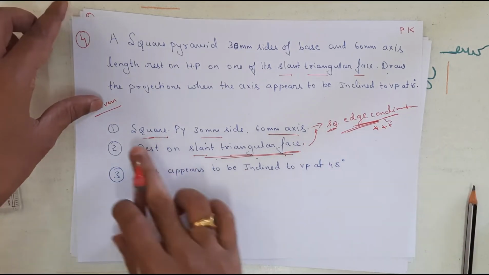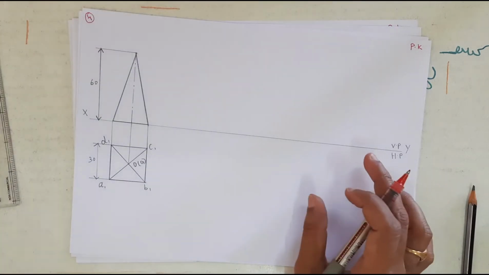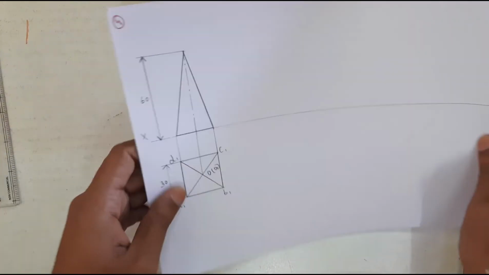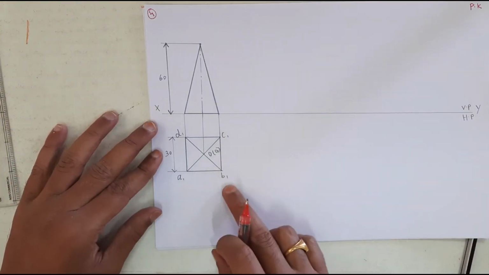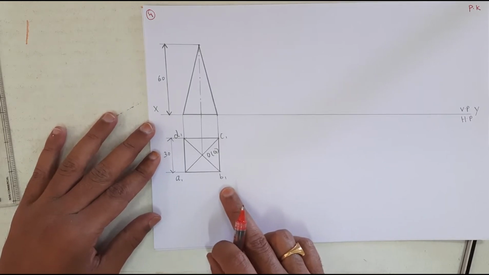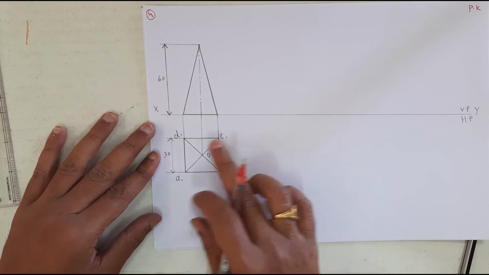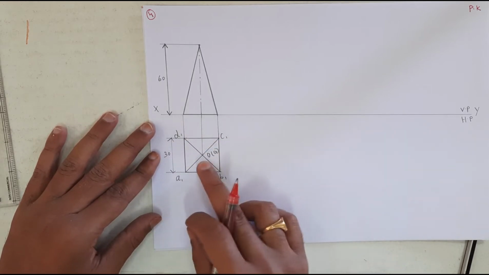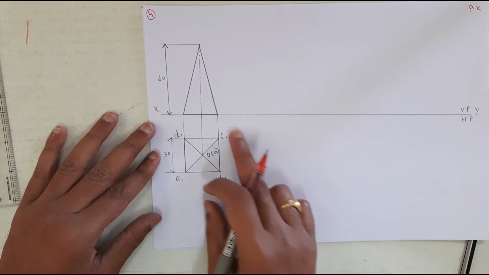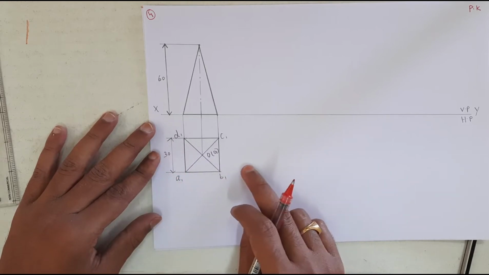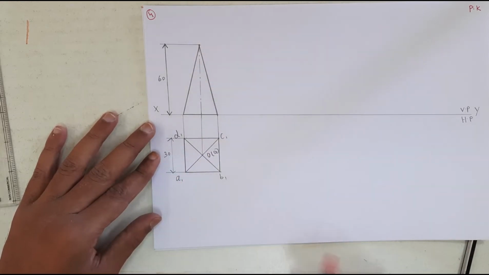Okay. So now I am going to draw the first step. See what I have done? I have drawn a square in which condition? Edge condition. Okay. See what corners we have: A1, B1, C1, D1 are the bottom face corners and O is the apex. Right. So here all the corners are visible. I have drawn a front view of this by drawing the projections.